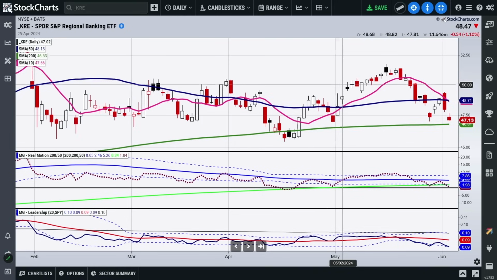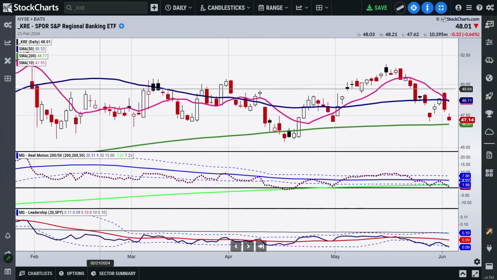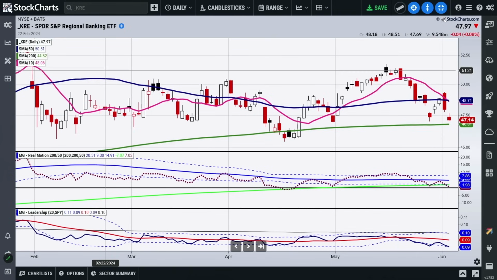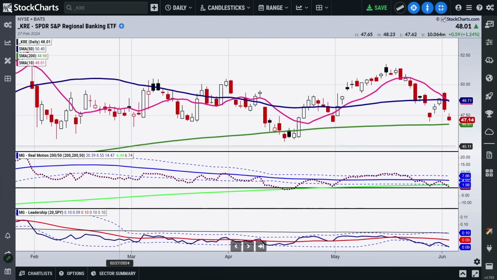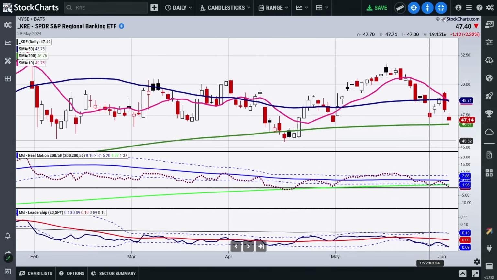So as we're looking at the regional banks here, you have to keep your eye. We've been kind of in a range for quite some time now, really basically between 45 and 51, 52. It never has stayed up there too long or broken down under 45. But nonetheless, if we break down under this 200, along with everything else I just mentioned to you about transportation and the Russells, take that as you should, with good warning that things aren't so great. And even, and we're going to talk about this in a moment, if the Fed does wind up having to lower the rates, is that such good news?